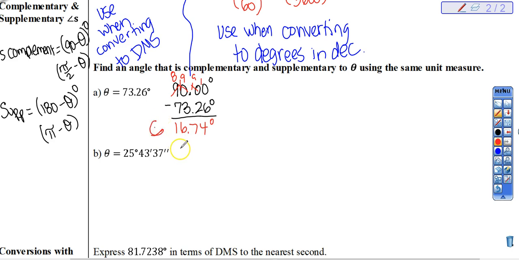And then you also have to find the supplement. And there's two ways you could go about it. It just depends on how your math brain thinks about it. My math brain thinks, well, if complements and supplements are 90 degrees apart, I could just add 90 to 16.74 and I could get its supplement. So that's one way you could go about it. Or you could go ahead and take 180 degrees and also subtract